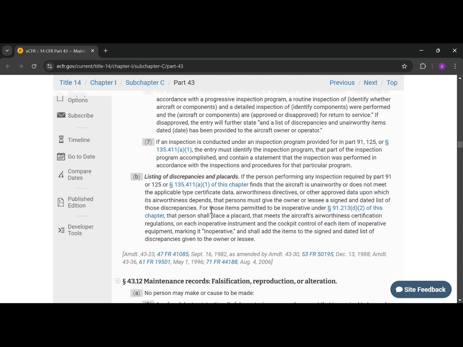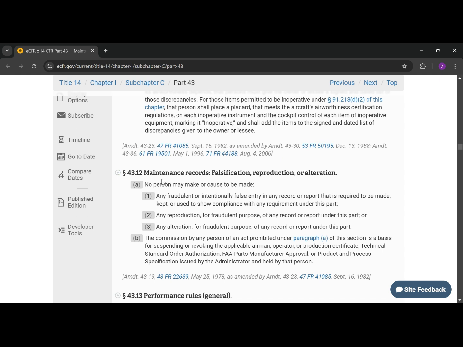those discrepancies. For those items permitted to be inoperative under 91.213(d)(2) of this chapter, that person shall place a placard that meets the aircraft's airworthiness certification regulations on each inoperative instrument and the cockpit control of each item of inoperative equipment, making it inoperative, and shall add the items to the signed and dated list of discrepancies given to the owner or lessee. So this is saying,